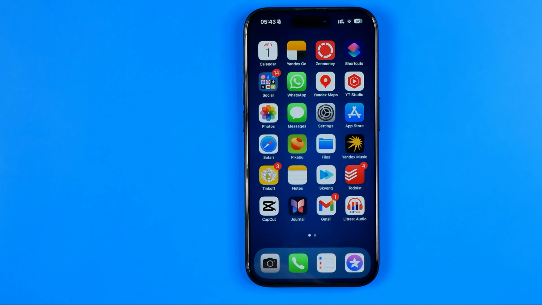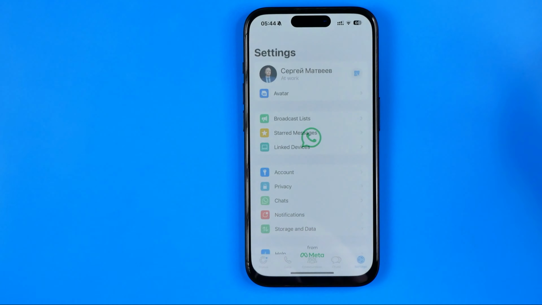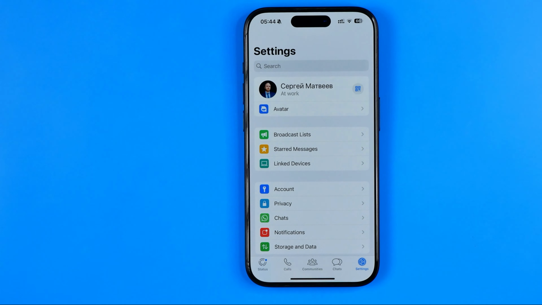In this video, I'm going to show you how you can easily remove your WhatsApp account from another device. Be sure to watch the video to the very end so you don't make any mistakes. Let's get started, guys, and first off we need to open up the WhatsApp app and then tap right here to